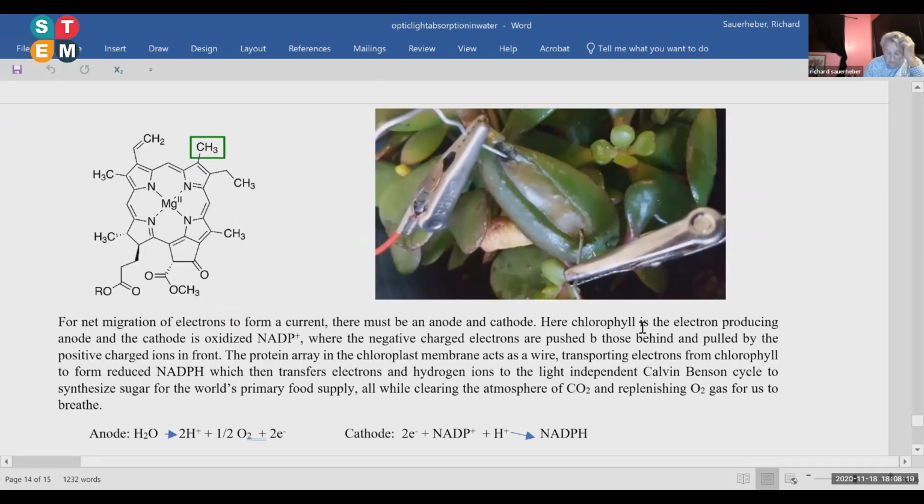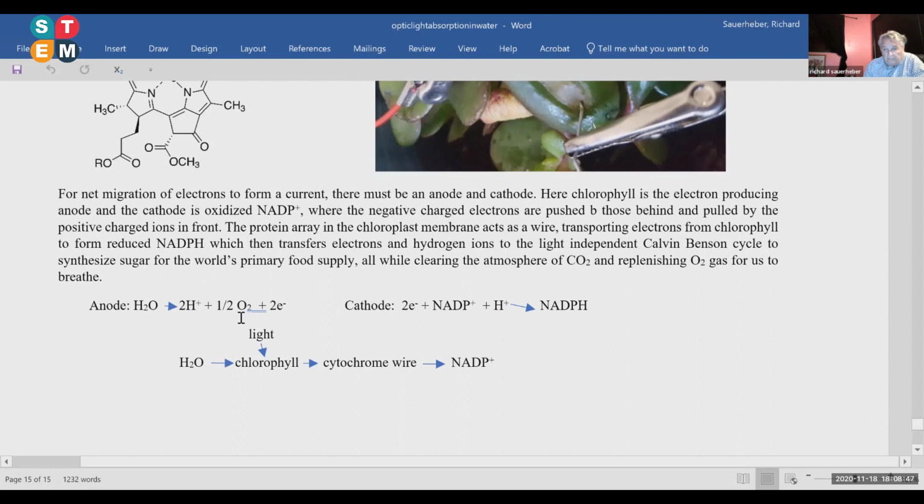So similar to a photoelectric cell, a plant is really kind of an electric circuit in the sense that the chlorophyll has this structure with roaming resonating electrons that can be energized easily when the right frequency of light hits it. The light knocks the electrons off the chlorophyll. Again, like I said, they travel down sort of a protein wire to land on NADP to make NADPH. And what I call the anode is the water releasing electrons and oxygen gas into the chloroplast. And then the cathode would be where the NADP plus accepts the electrons at the end of the protein wire to make NADPH. So it's kind of a little electric circuit that goes on every time the sun rises, and all the green things that you see are undergoing this